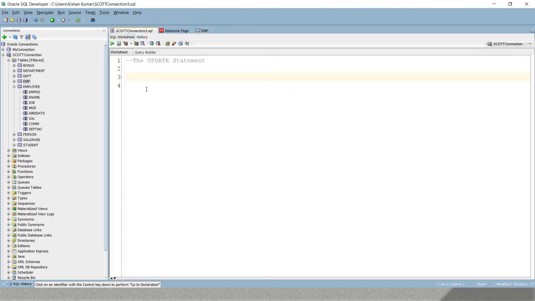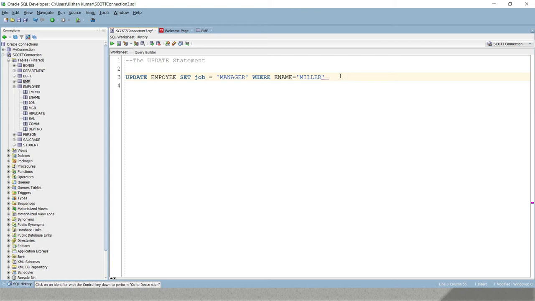Then to write this kind of query, you will have to write update, right, and then the table name. So that is nothing but the employee, right. Then you have to write the keyword set. Then you need to use the column which we want to update. So job, and for job we would like to set the designation as manager, right, manager. And then of course you have to give the where clause, else all the rows will be updated. So I'd say where ename equals Miller, right. So only Miller's job designation is going to be updated.